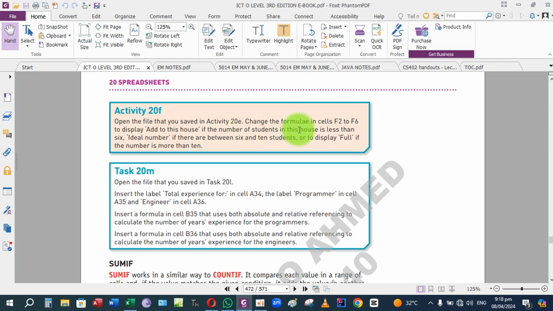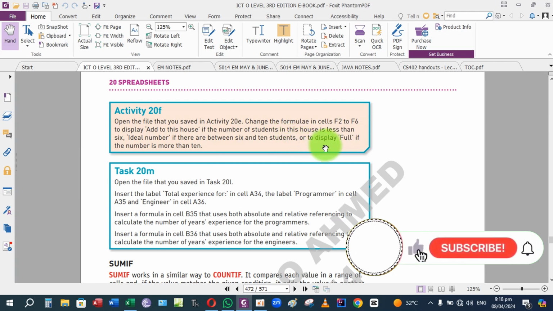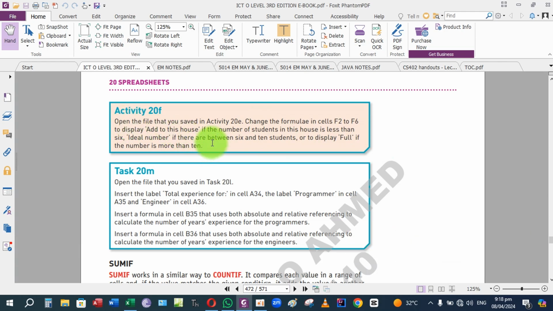Change the formula in cells F2 to F6 to display "Add to this house" if the number of students in this house is less than 6, "Ideal number" if there are between 6 and 10 students, or to display "Full" if the number is more than 10. Now in this activity they are going to ask from us that first you can